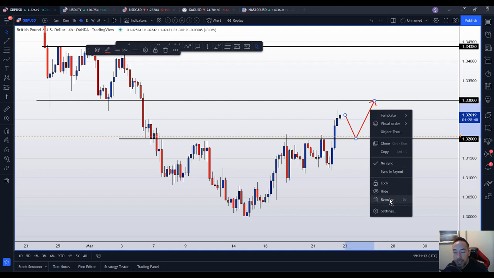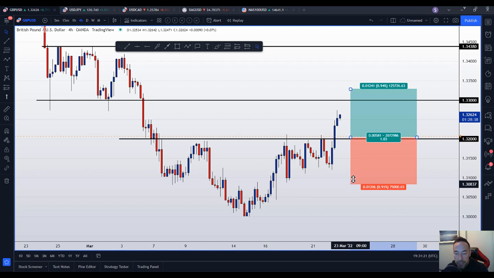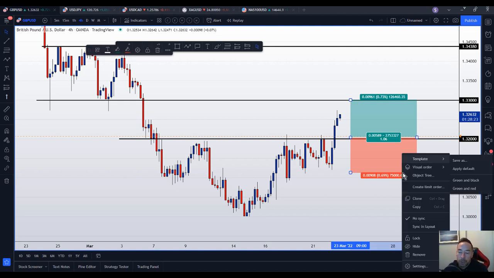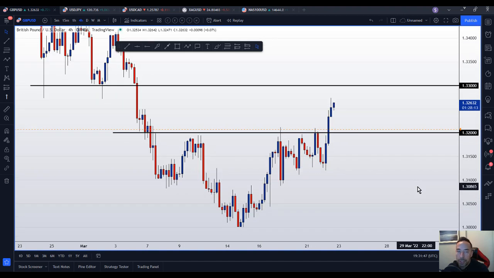Now, there's two things you can do really if you're looking for that. You can place a buy limit, I'd suggest at 1.32. If you are going to do that, stops below this low, target 1.33. That would only give you a 1 to 1 reward to risk. Not the best in the world. Now, because of that news though, I would be a little bit wary about placing a buy limit, and I would be going on price action.